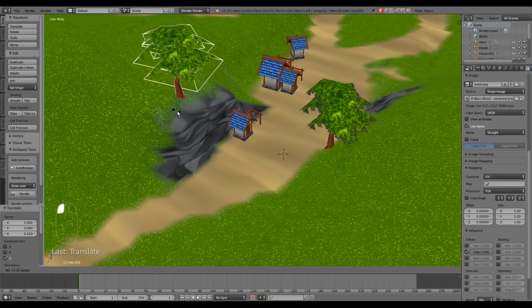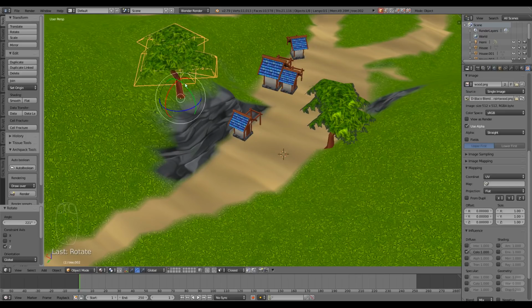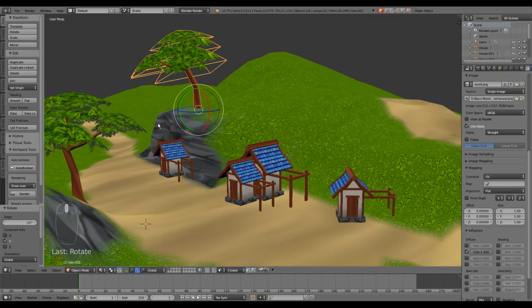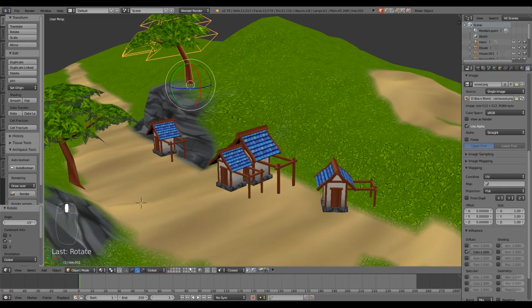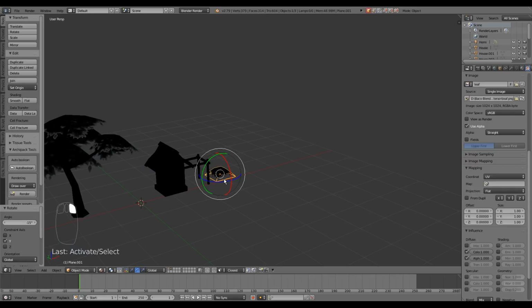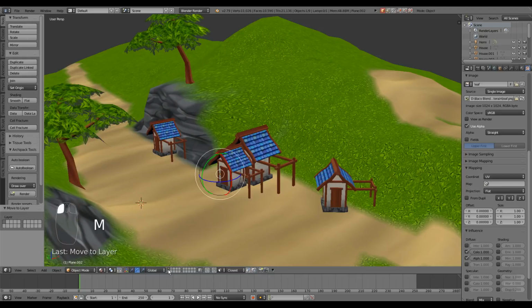Maybe rotate to make a slight variation on this. And maybe put our bush here. Shift D to make a duplicate, hit M, go to the first layer